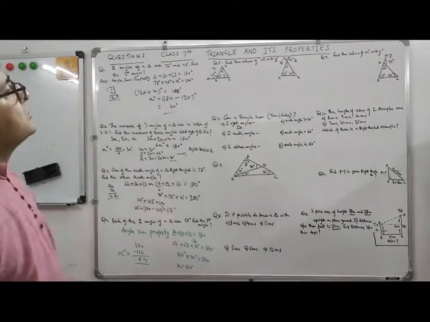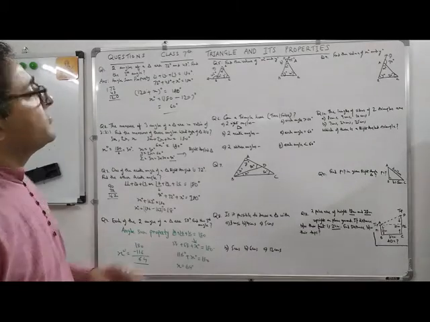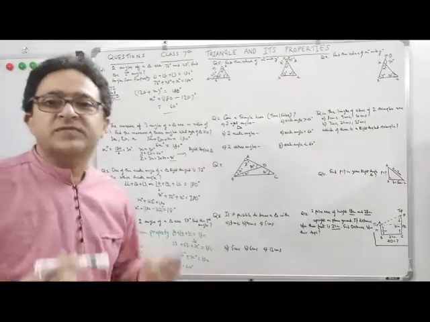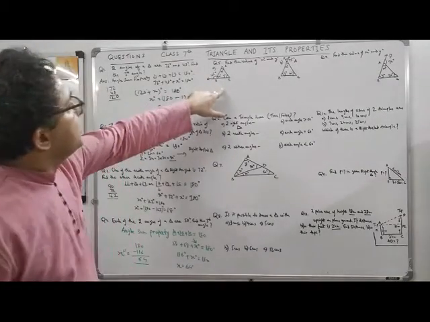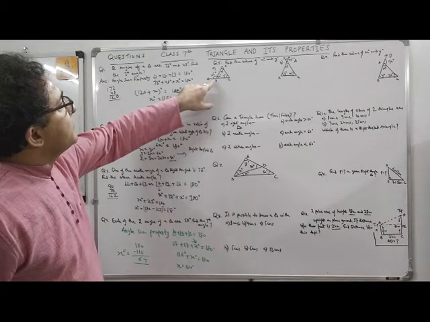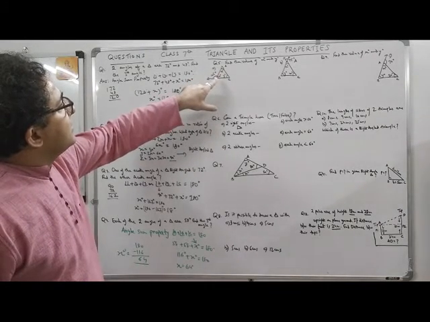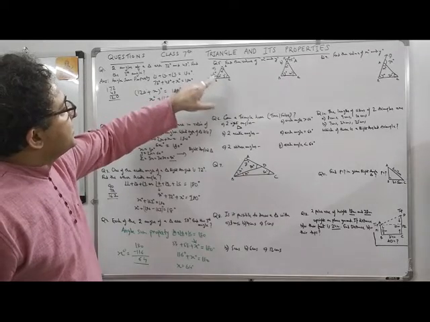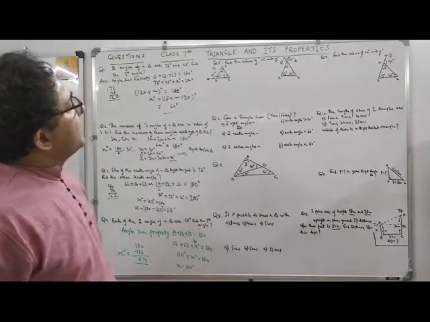Now let's do this one. These questions are important. Though it's not very difficult, you just have to see. There may be 2 formulas being used. So let's see. This figure is ABC. This is x, this is 105 degree, which is an exterior angle. Angle A is 45 degree. Angle B has x degree interior angle, the exterior angle is 105. And angle C is y. Find the value of x and y.